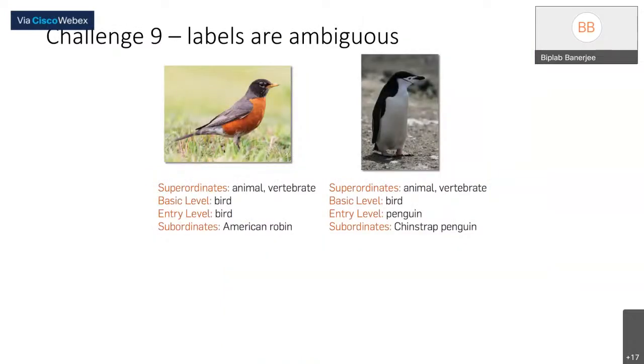The next problem is purely subjective. The labels that we usually give might be ambiguous, right? So there is usually no fixed label possible for a given object. Now if there are multiple people working together in a company, there may be some ambiguity in the labeling process.